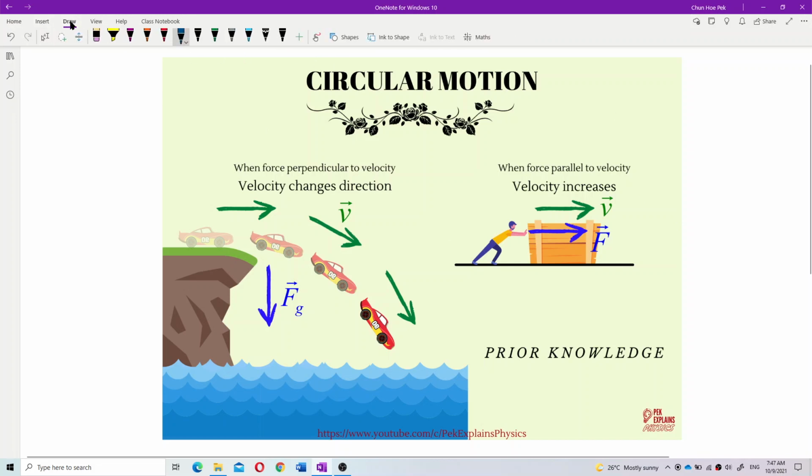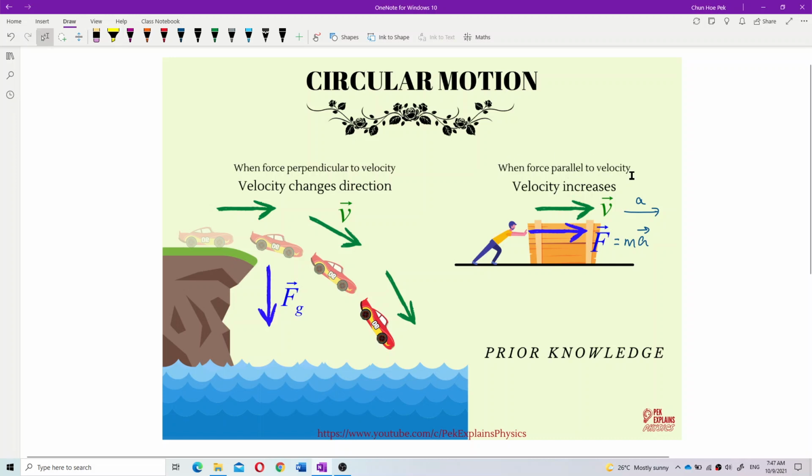Force is to the right, so force is equal to ma. The acceleration direction will be the same as the direction of the force. So what I can say is the acceleration on the object is also to the right. So if the acceleration and velocity are in the same direction, or we can say when the force is